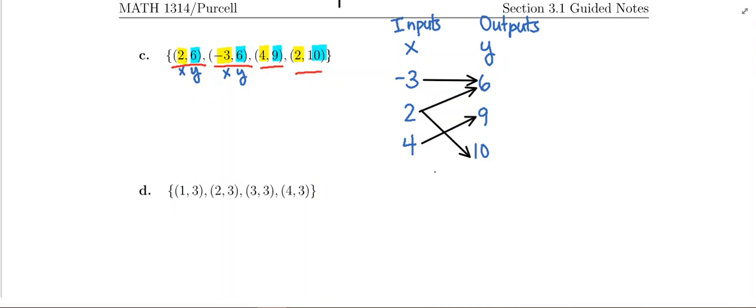Okay, now to determine whether or not this relationship is a function, you need to ask yourself that question: does every input have a single output? Okay, -3, our first input, has a single output, 6. But then here comes the problem. The input of 2 has 2 different outputs. 2 is mapped to both 6 and to 10. So that's a problem. So we're going to say this is not a function